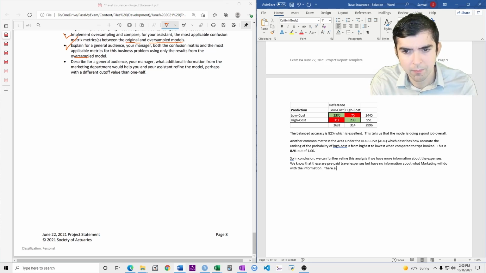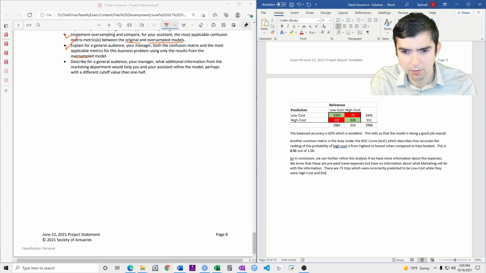There are 75 trips which were incorrectly predicted to be low cost while they were high cost.